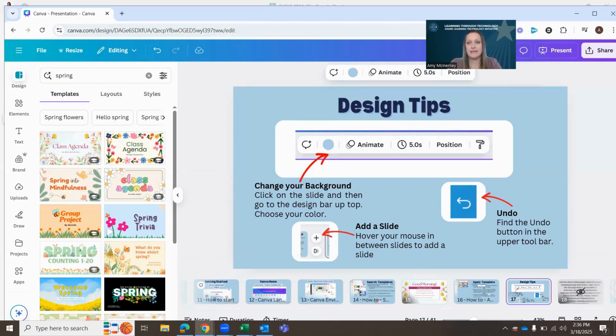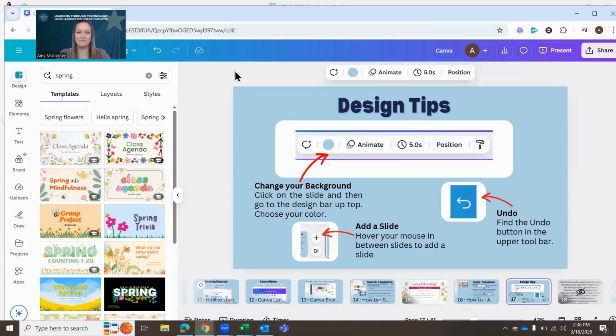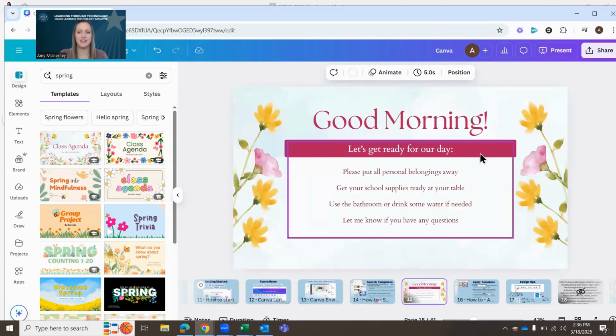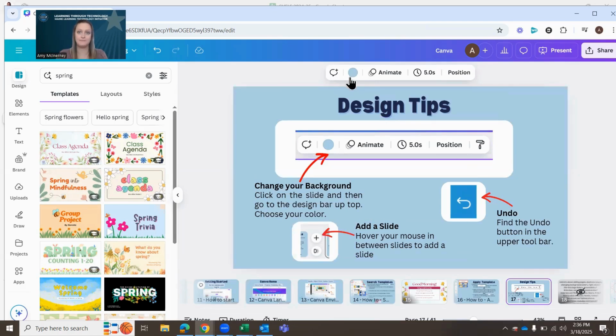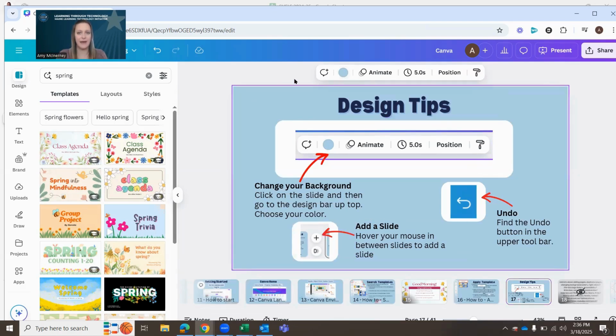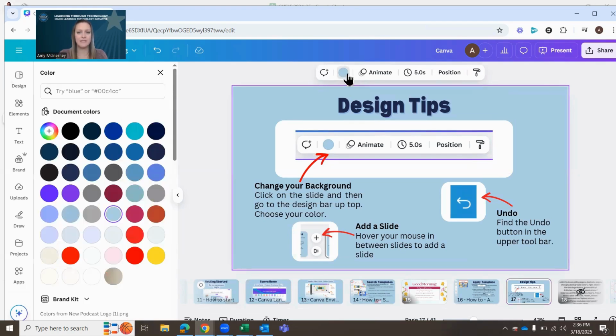So design tips, I'll move my face over here. Design tips come in handy when you're trying to tweak the background or change it so that you have a different color. You can click on that undo button and you can add slides to your presentation. So let's say that I wanted to kind of match this pink motif since I'm going for spring, and I wanted to change the background from blue to pink. To do that, I would simply highlight that background, click on background color,